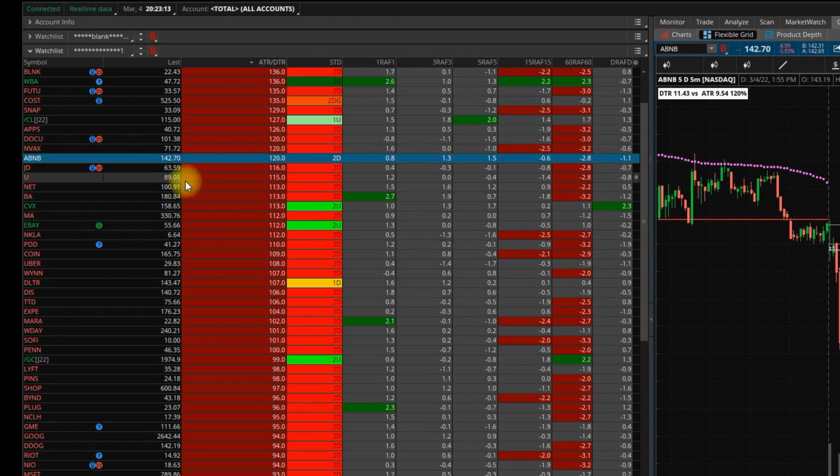All right, in this video, we're gonna go over the ATR DTR percentage. That is this indicator right here on the watch list. That's the one we're gonna be going over. It is the same indicator, except they're different, but they're giving us the same data as this one right here. So the DTR versus ATR, it's telling us that this stock has had a 120% move